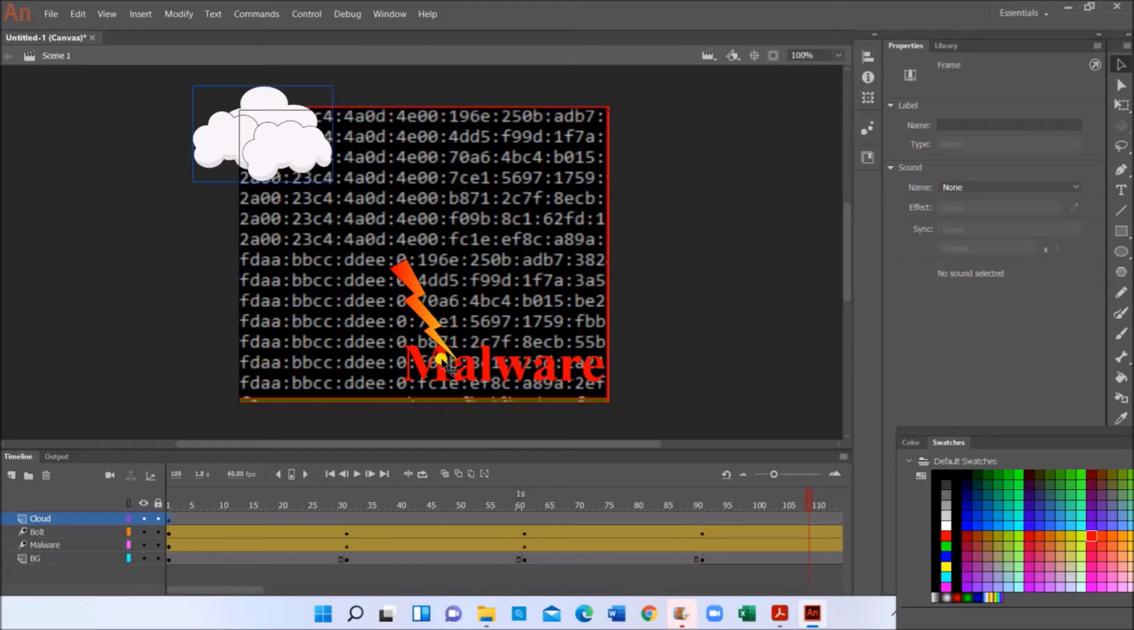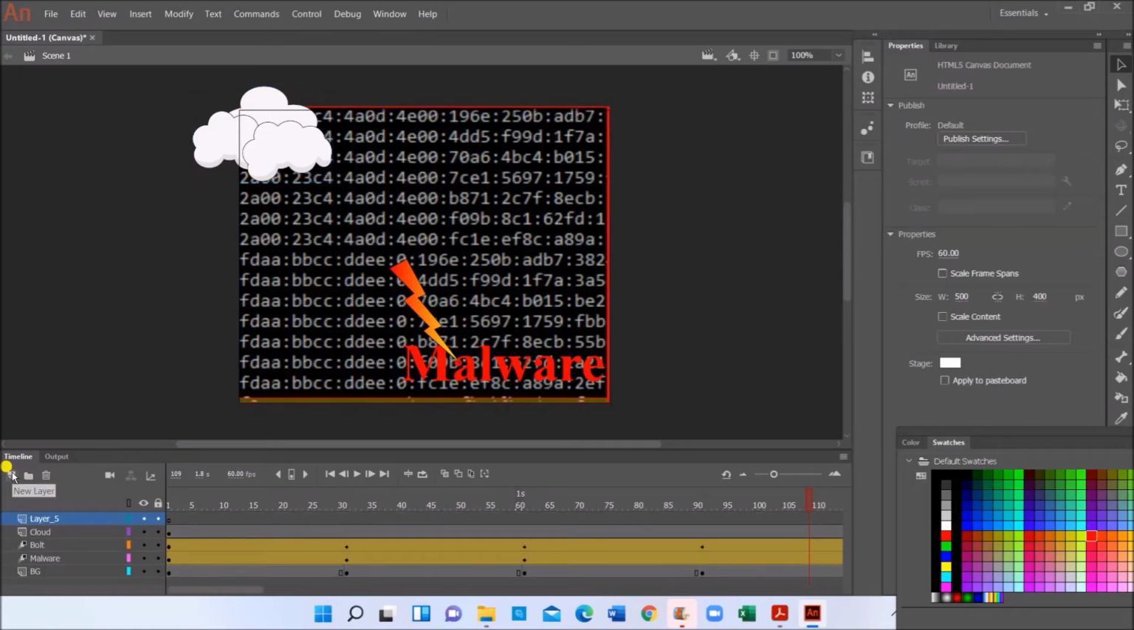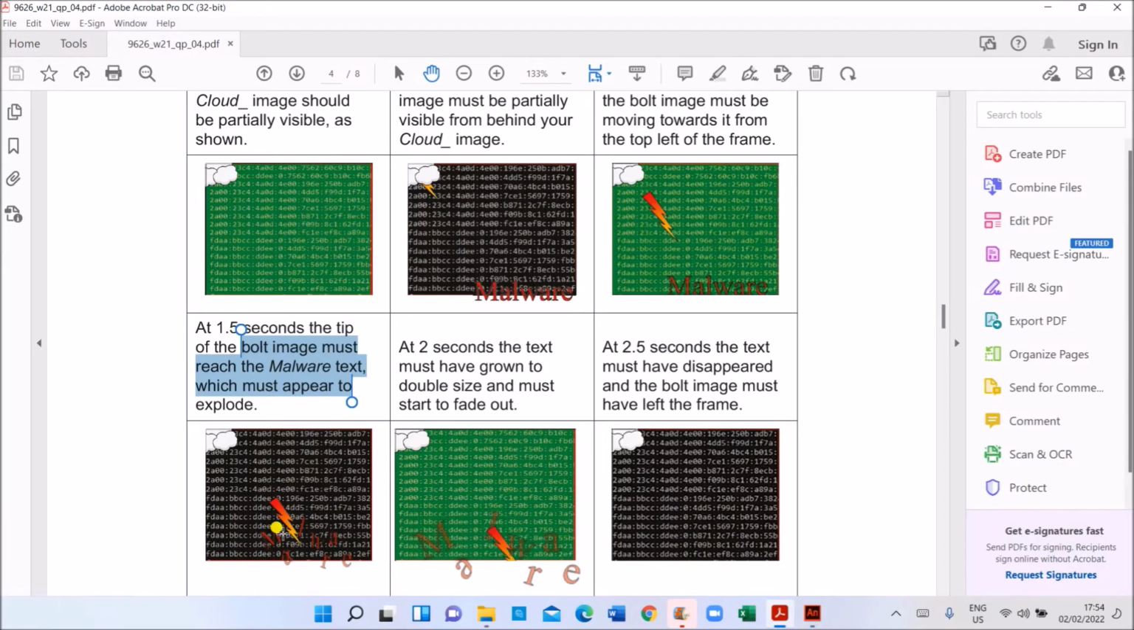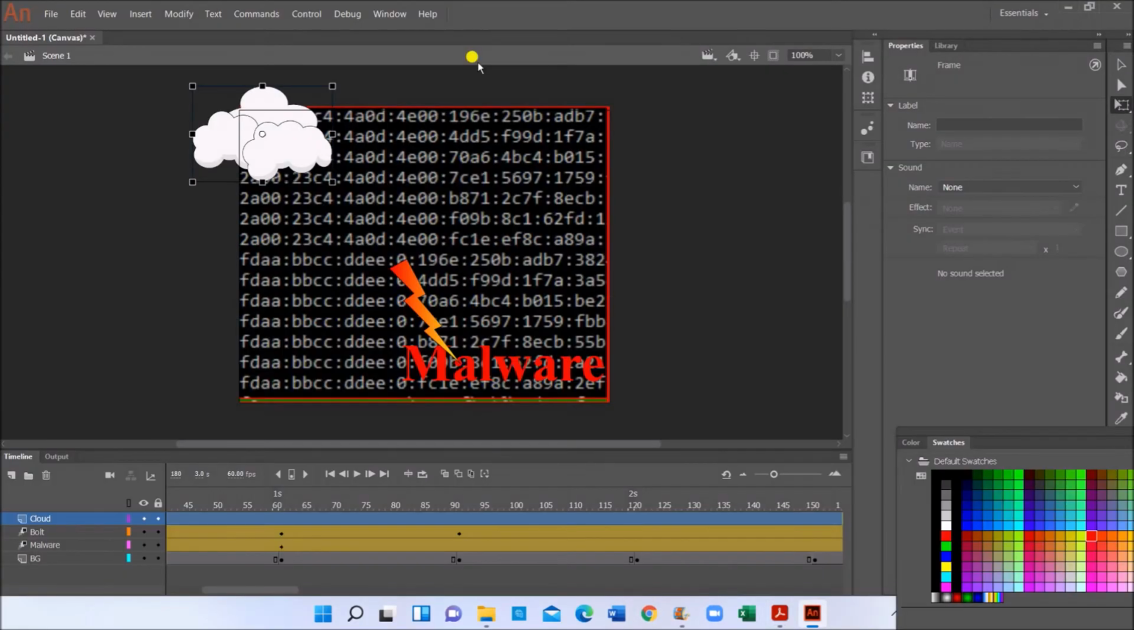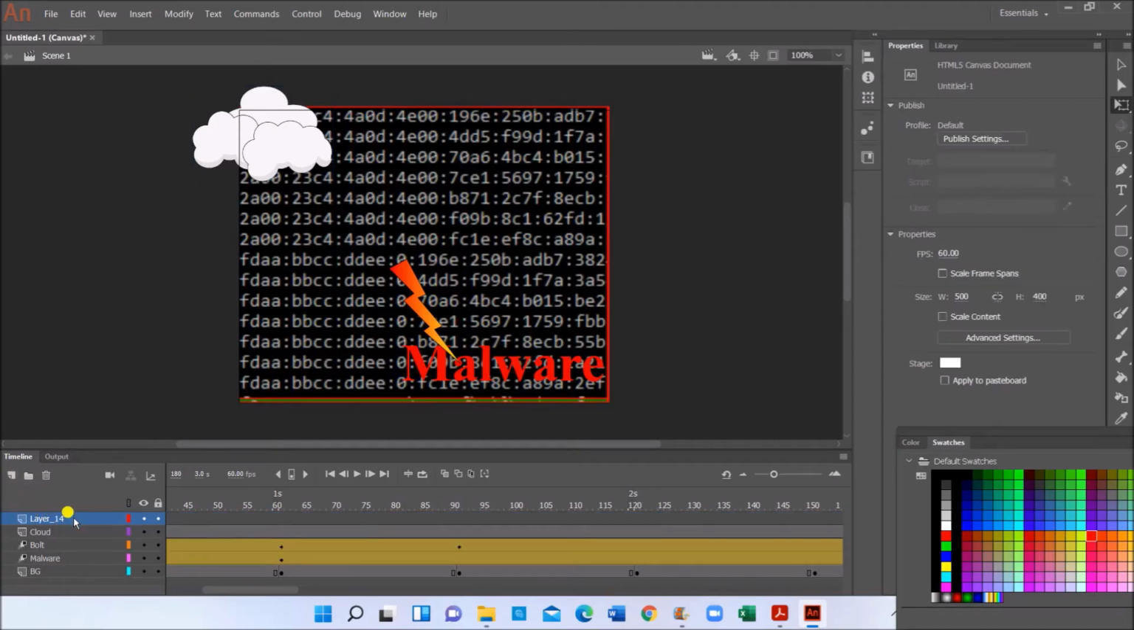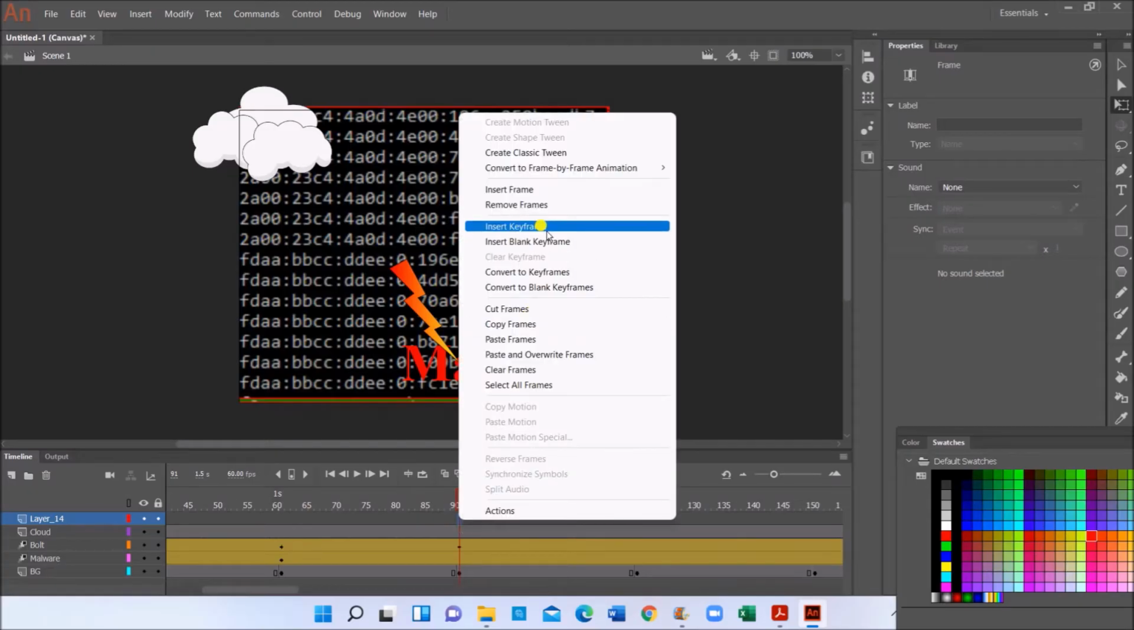As soon as it reaches this text, the malware text must explode. So for that, I will add a new layer. At 1.5 seconds, the text must explode. I will add a keyframe at 1.5 second. Let me add a new layer. At 1.5 second, insert a keyframe,